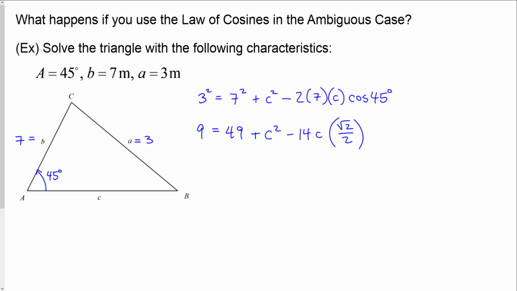We know that. 2 goes into 14 7 times. If I take 49 and move it to the other side, 9 minus 49 is negative 40 equals c squared minus 7 square root of 2 times c. This is the form of a quadratic. So let's set it equal to 0 and bring everything to one side, because that's generally how we go about solving quadratics. And if we solve this quadratic,